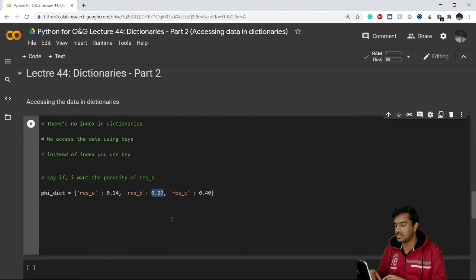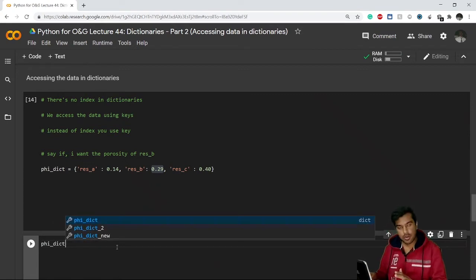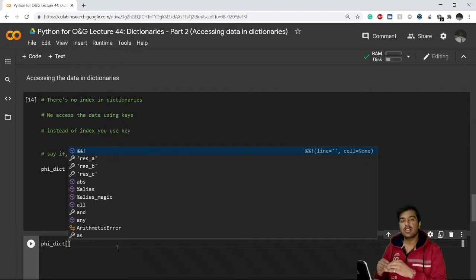To access data in dictionaries, the syntax is almost the same. You write the variable name in which your dictionary is stored, then the square brackets. Now in lists, tuples and strings, we wrote the index number inside the square brackets.